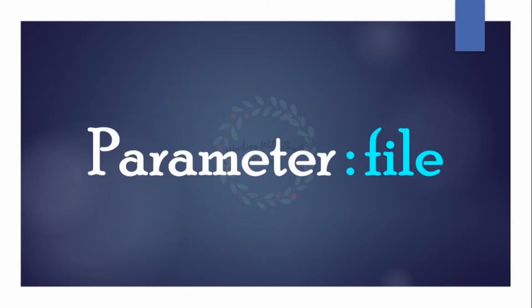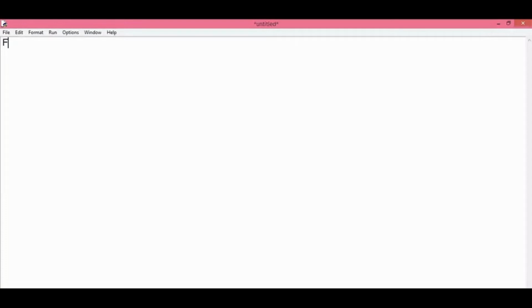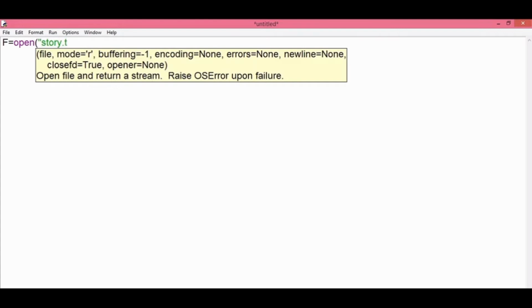File is an important argument of the print function, and it comes under the file handling part, which I'll be explaining in detail in my upcoming tutorials. But for now, I'll use a simple example to make you understand how this file argument can be used inside the print function. I'm using this variable f here, which is different from the variables that we have used till now. I call the function open, and you can see I've written story.txt inside the brackets. Now the meaning of this line is that I'm trying to open the text file with the name story, and W indicates that the file will be opened in the writing mode.